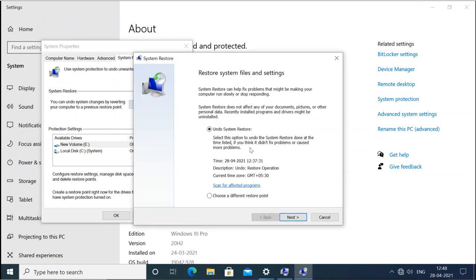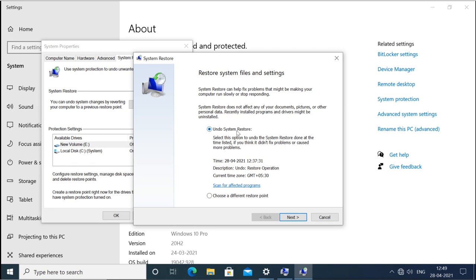Now it is saying to undo the system restore. Remember, whenever you restore the system, it will create one more restore point for that time, so that you can undo the system restore. Like if I have restored the system and it is not working properly again, I can go back to the previous one, from where I have restored it, and that is what this option is showing here. So I can now go back, or I can undo the restore point which we have done right now.